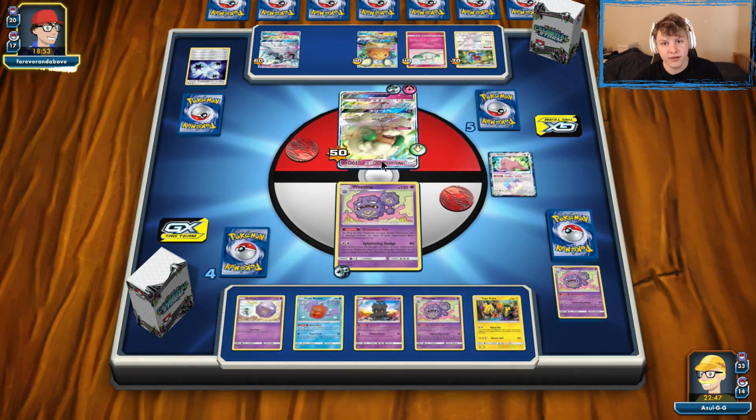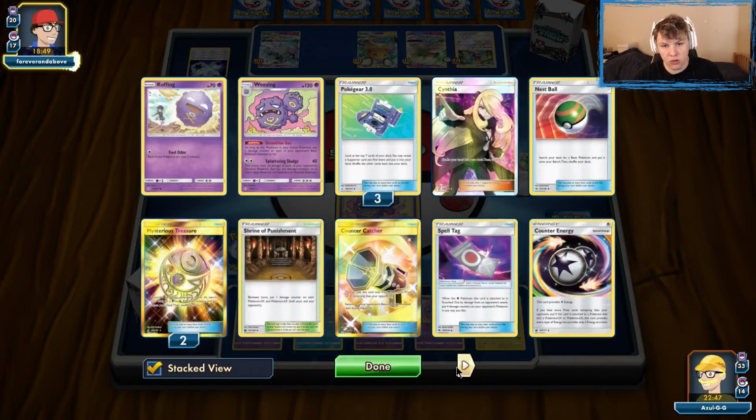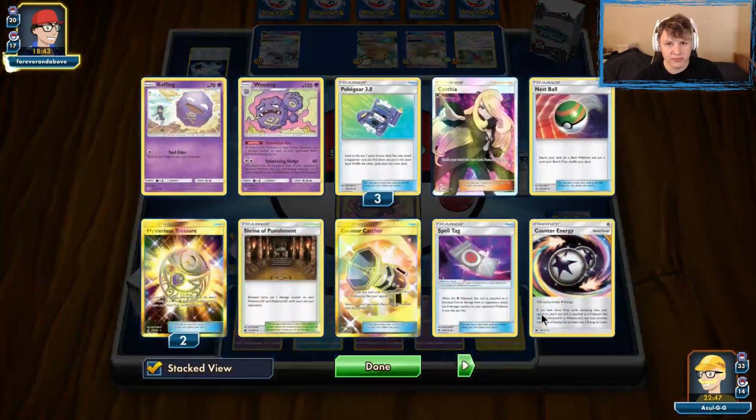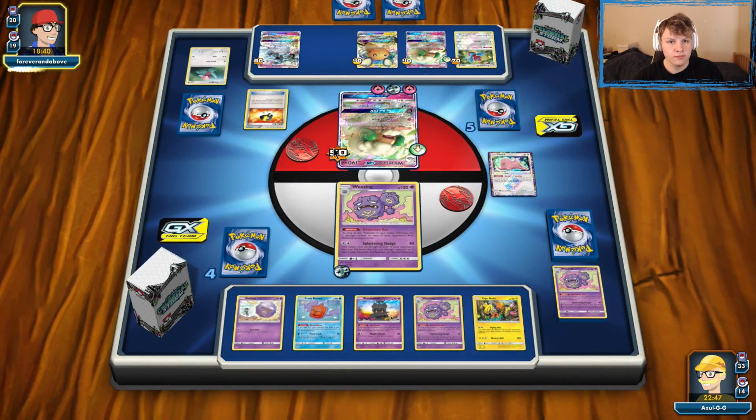So we need to find a shrine. We really just need to find a draw supporter or a nest ball for the Oranguru. We need one of those 2. I maybe should have searched out the Oranguru a little bit more aggressively with the early nest ball. I could have done that, I guess. There's the second Whimsicott. And then the Ultra Ball from our opponent. I wonder if they play...